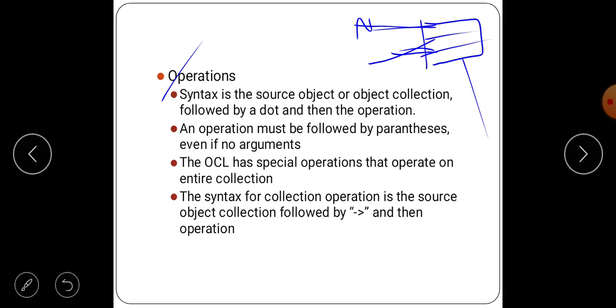We already explained attributes. Now I am explaining the operation part. The syntax is the source object or object collection followed by a dot, then the operation. Here also we first select the source object or object collection, followed by the operation name.